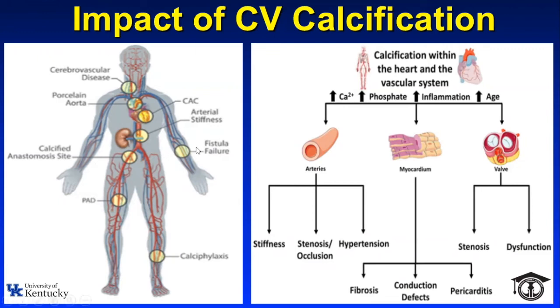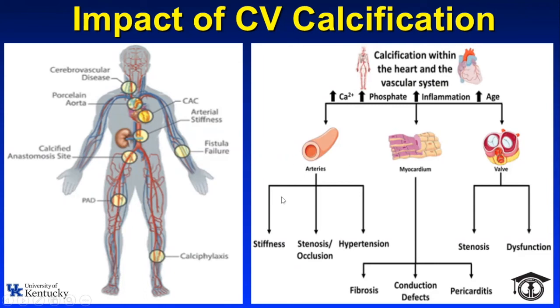This is the reason that with loss of elasticity, we will have wide pulse pressure. It can decrease fistula survival and increase the failure rate for creating an AV fistula. It can preclude kidney transplantation in extensive cases because you need to do the vascular anastomosis on the artery, so if there is a lot of calcification, this anastomosis will be very tough. It causes peripheral artery disease, and in severe cases can cause calciphylaxis with skin wounds and sloughing, which is very hard to heal and is associated with very high mortality.